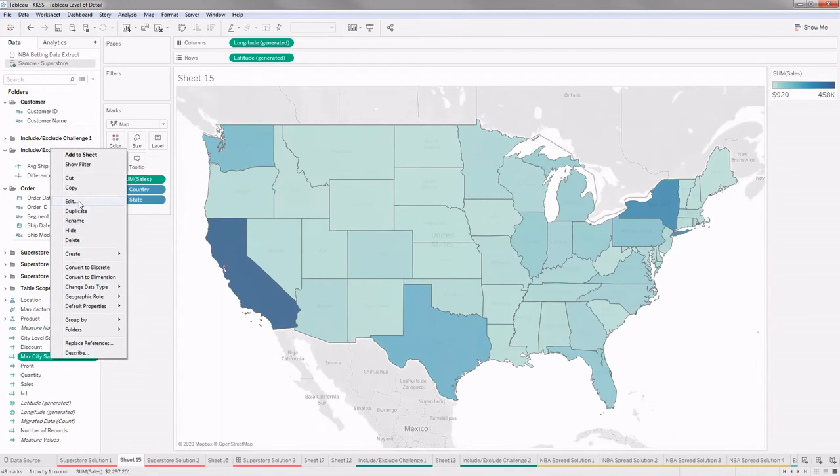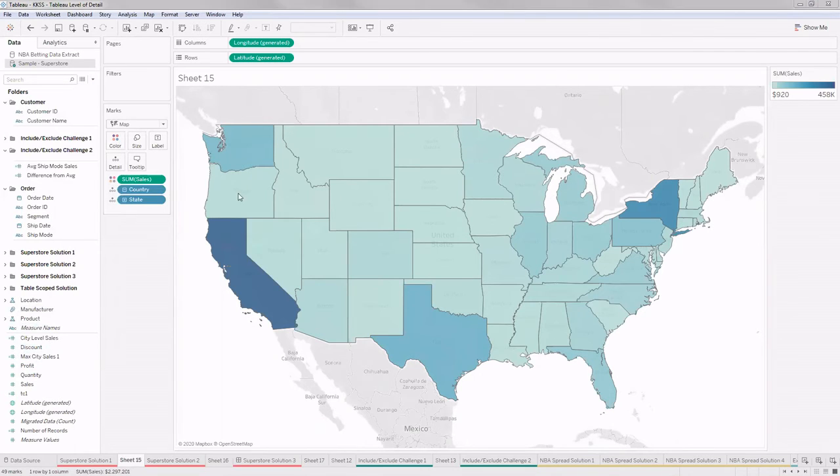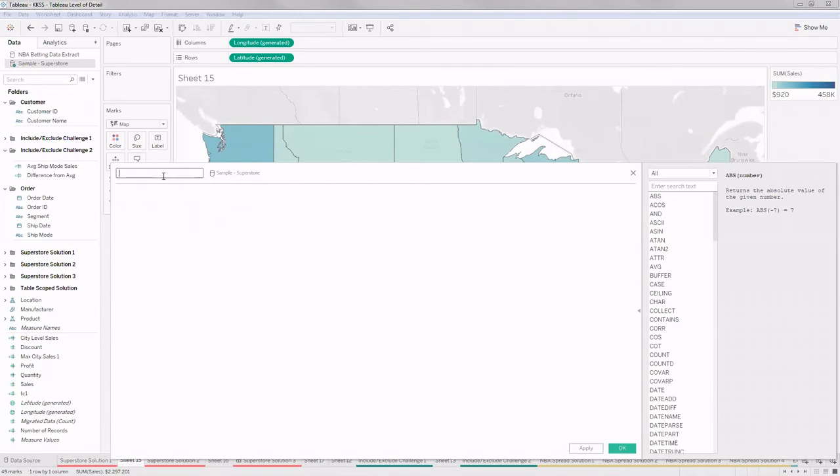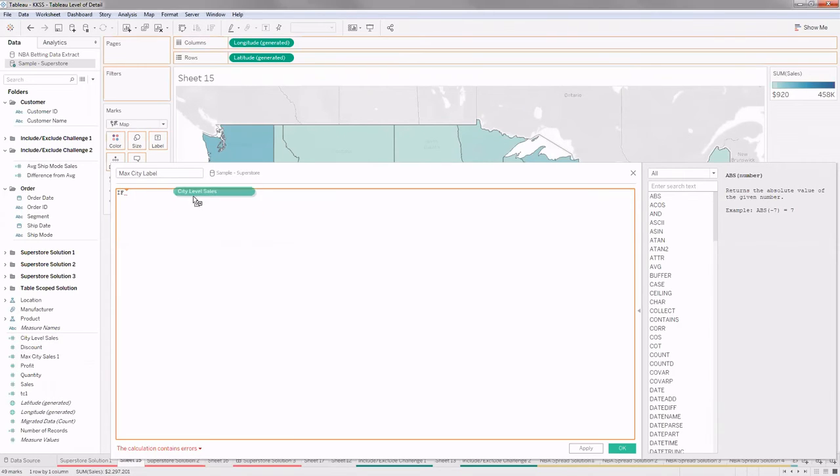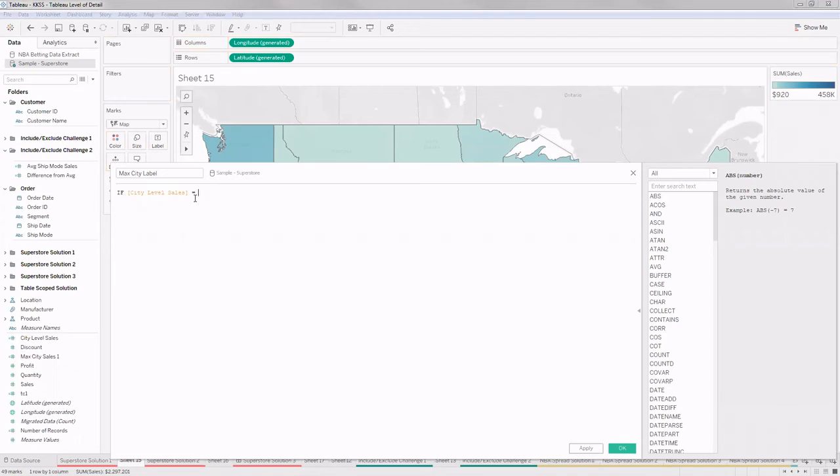So it's just another, basically, let me explain that later. We'll just use a simple condition: if city level sales is equal to my maximum city sales, then give me city.